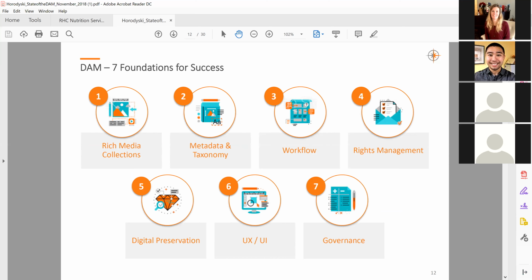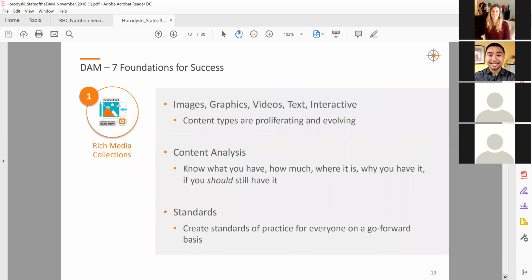So what I want to do now for these next few slides is to walk through each one of these foundational steps and just provide a little bit more context for you. The first one is a rich media collection. That is the understanding at a very visceral level of what are your digital assets. What are you trying to manage in your organization? Is it such things as videos? Maybe it's graphics. Maybe it's interactive documents. Maybe it's just documents in itself.